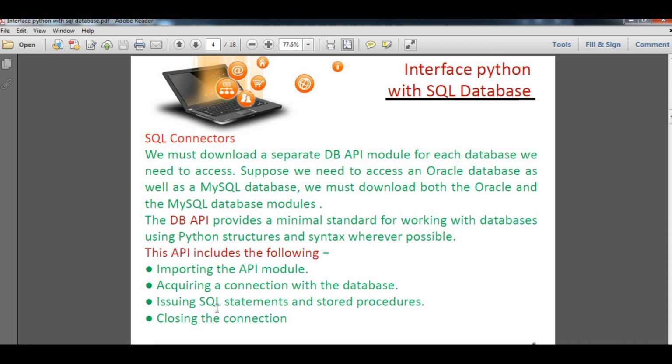Third, issuing the SQL statement and stored procedure. An SQL statement is like select or update. We provide these statements through a programming language like Python, and also the stored procedure. A stored procedure means a function that has some procedural commands also. And at last we close the connection for the safety of our database connection.